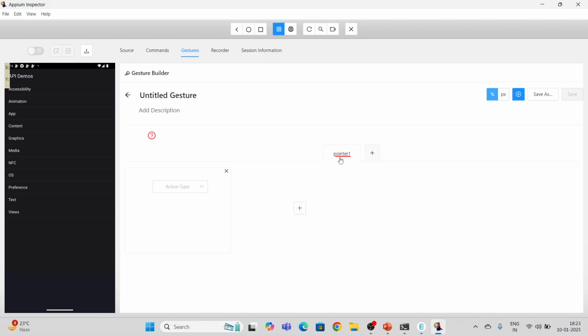Here by default it's showing pointer 1. You can edit this one. I can name this pointer 1 as we require. We'll see this one also. Okay, the next one is the